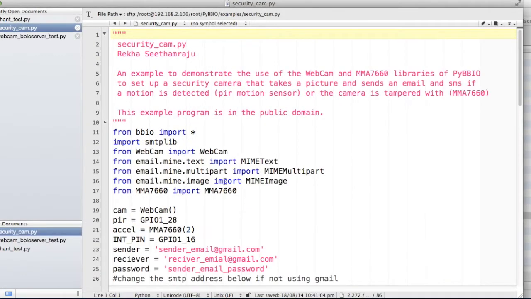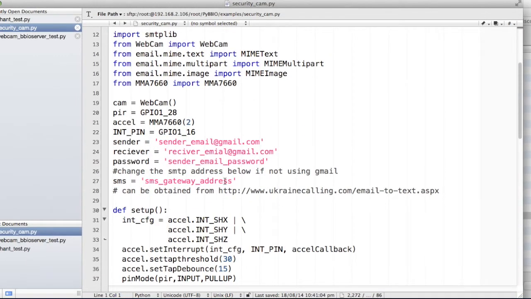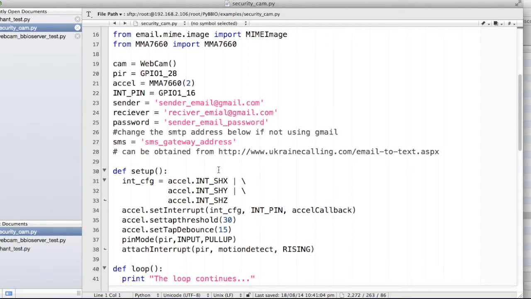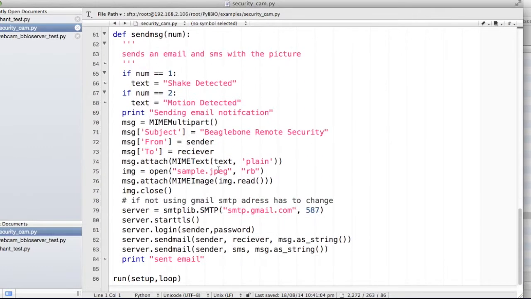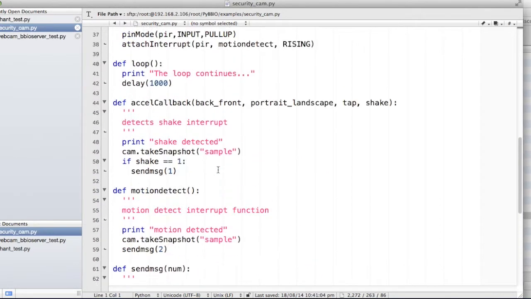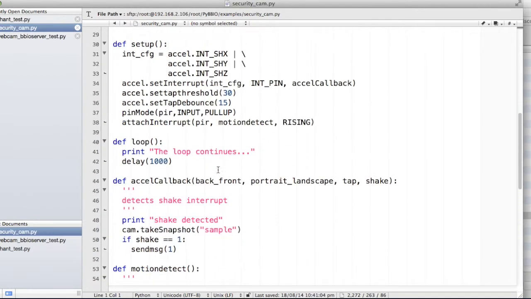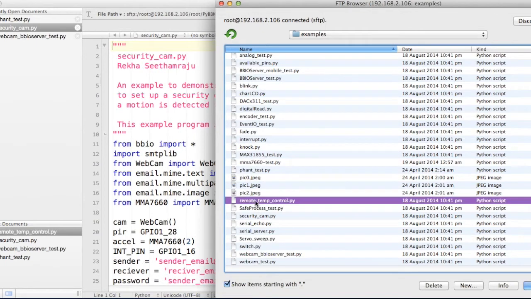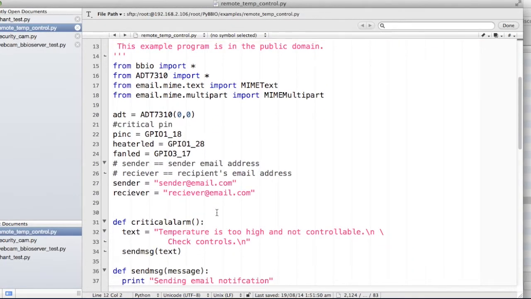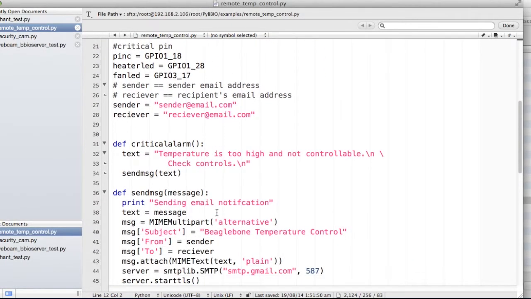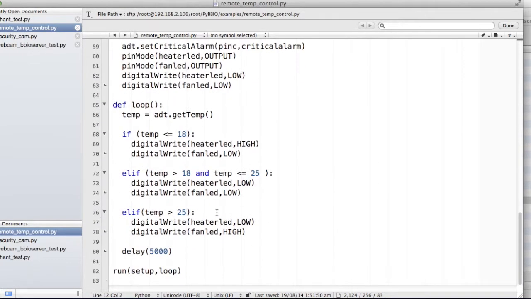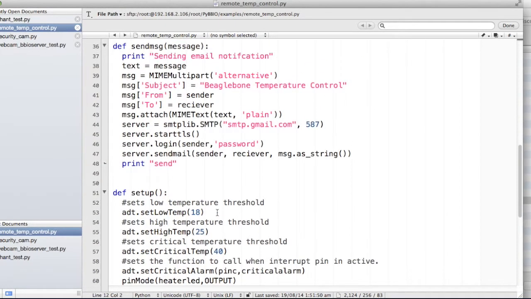There are two special example programs. One is a security cam. It uses the accelerometer and a PIR motion sensor, and takes a picture if someone shakes the camera or if there's motion detected. The other example, called remote temperature, controls the heater and a fan based on the temperature of the room.